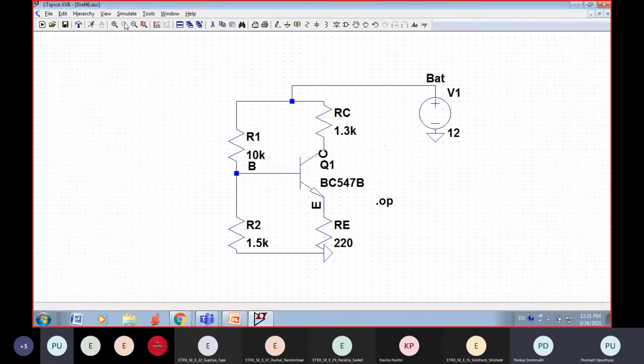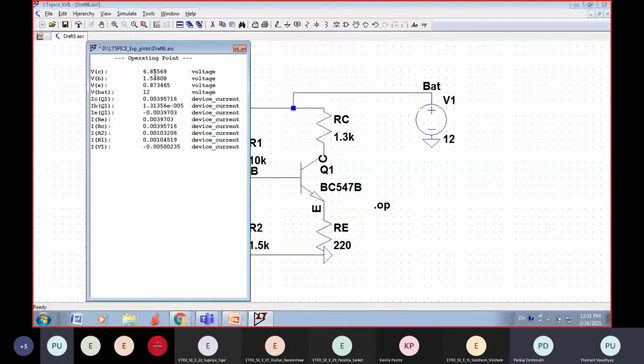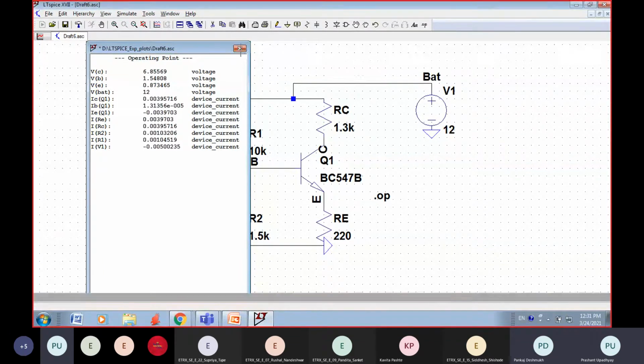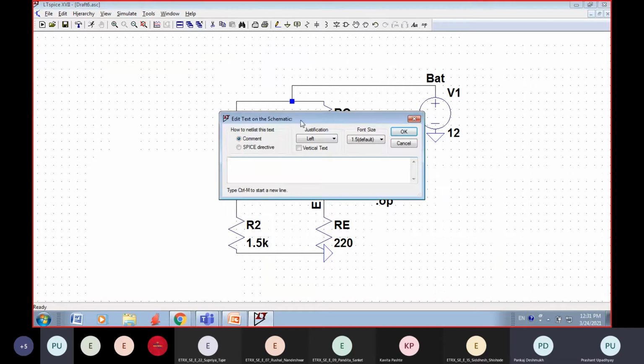I'm making it 1.3K and simulating and running again. So that's 6.85, and this is 0.87. If you subtract VE from VC, you will get VCE. Let me tell what I'm doing.